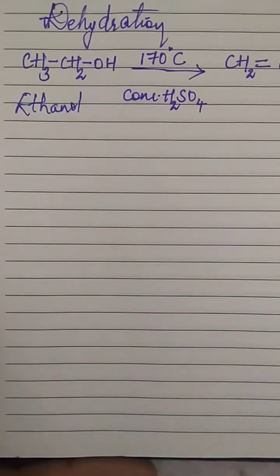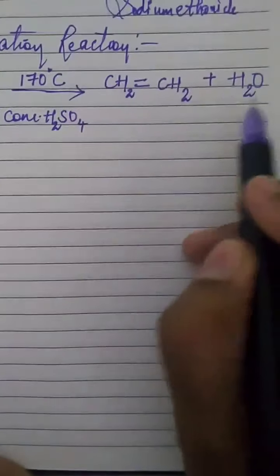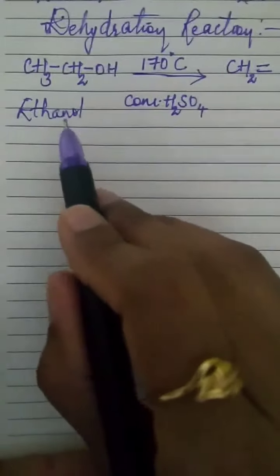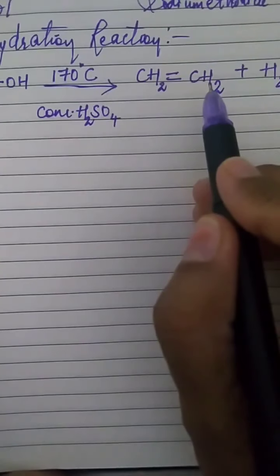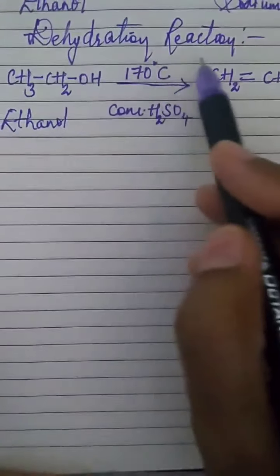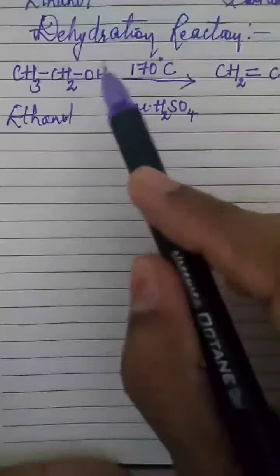this is losing water. The reactant is losing water, and we call this reaction a dehydration reaction. Dehydration reaction, where a water molecule is lost. So this is a dehydration reaction. They will give you an example and they will ask you which type of reaction this is. For that purpose, if you see H2O given out and there is a saturated hydrocarbon getting converted into unsaturated, it is a dehydration reaction.